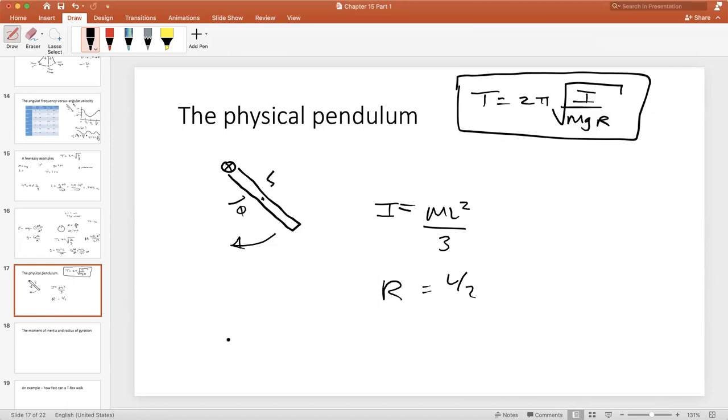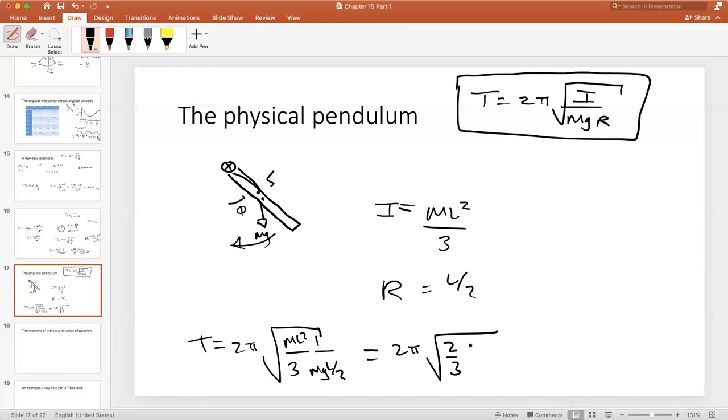Let's put these into our period. This is where the force of gravity, mg, is being applied. So this r is L over 2. That's our torque. Our lever for our torque is L over 2. So this is 2 pi times the square root of mL squared over 3 divided by mg L over 2. And this becomes, M's cancel, one L cancels, a 2 comes to the top, and I get 2 pi,